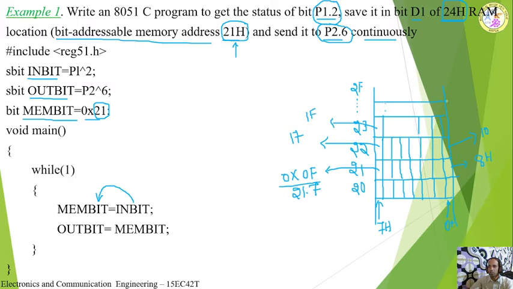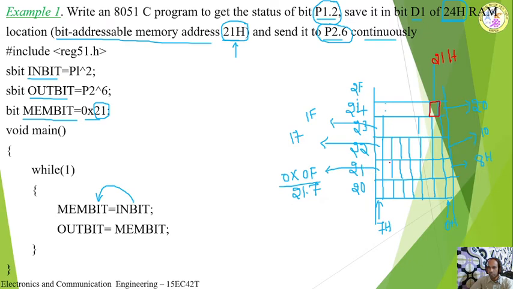So after the 23rd memory location, now you are having the 24th memory location. So that is what they have given, 24th. Now what is the address of this one? 1F is over now. Here it is 1F. So what is this one now? The address of this is 20. After 1F it is 20. What is the next bit? Next bit is 21. Okay, this is the bit we want. Now this particular bit, its address is 21H. See here, this is also 21 and this is also 21, whereas this 21 is byte address.